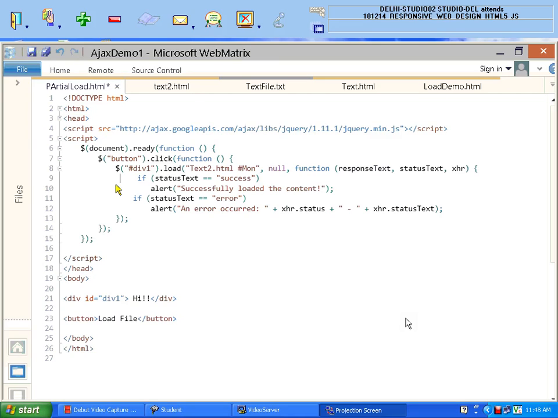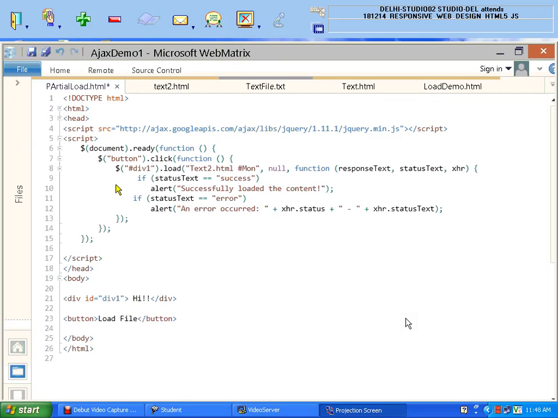Now what is that message, and how to display that? You can find that in my function I have another parameter. This is an XHR. In the beginning of this session, I said whenever I want to use Ajax and send a request to the server, it creates an object of XML HTTP request.